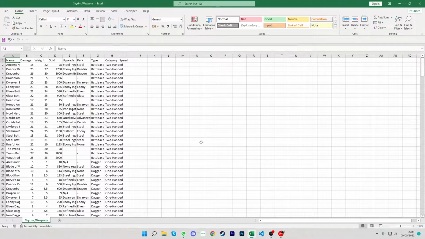Welcome back to Excel with Mark, and today what we're going to be looking at is how we can quickly identify all these blank cells. We can see that within our data we have quite a few NAs and quite a few of these little dashes and things like that. So if we just want to have a quick look at these and see if there's any anomalies or anything that we want to take out,